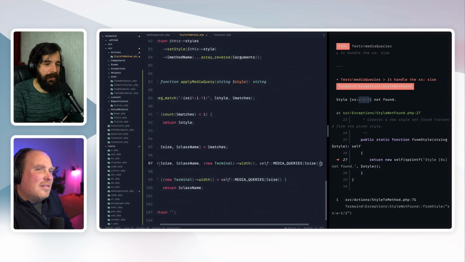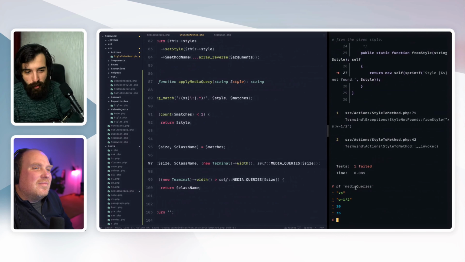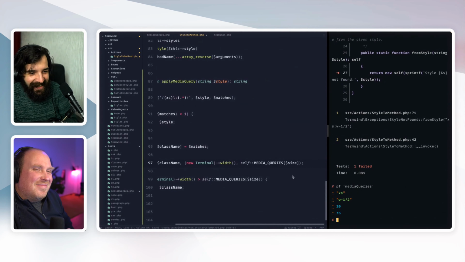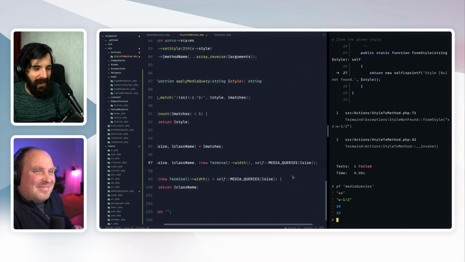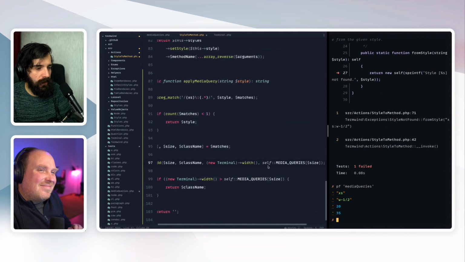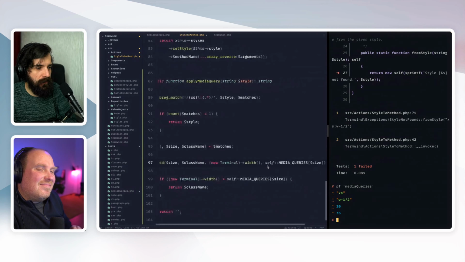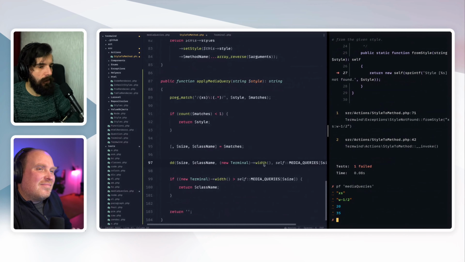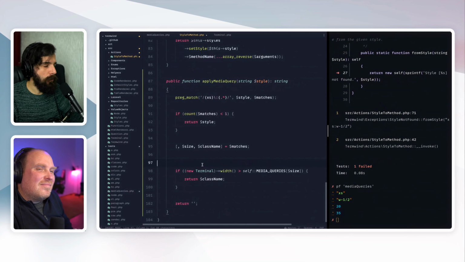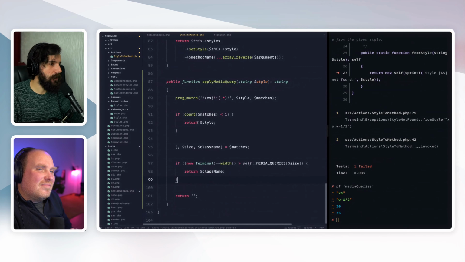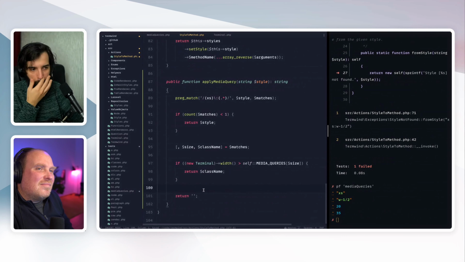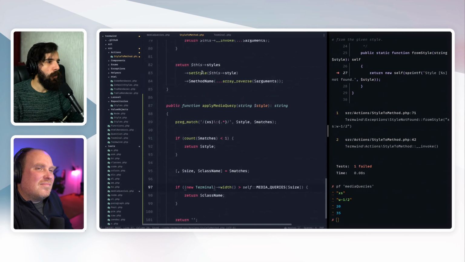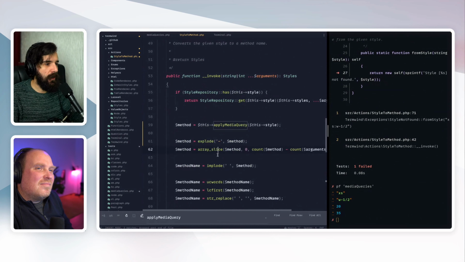Okay, let's return everything. I think I could use it right here. So yeah, 20 is not greater than the size, so it will not render. Okay, I think it's cool, but probably the test is done wrong. So let's see. One thing that we can go ahead and check here is if the method returns an